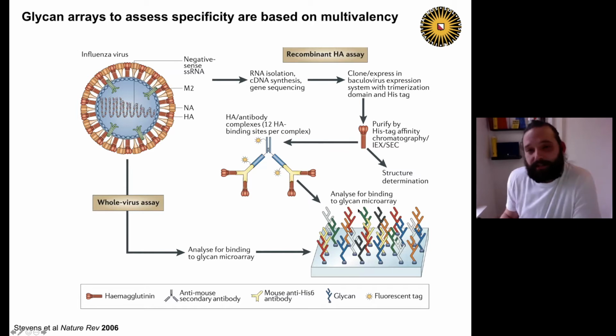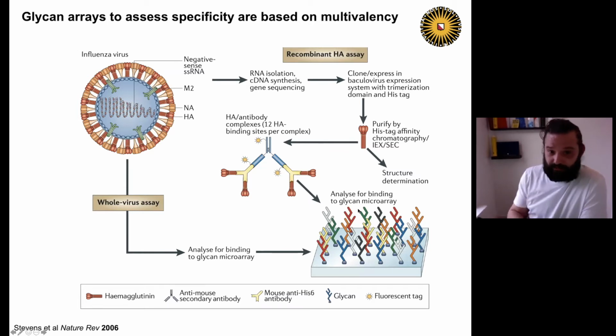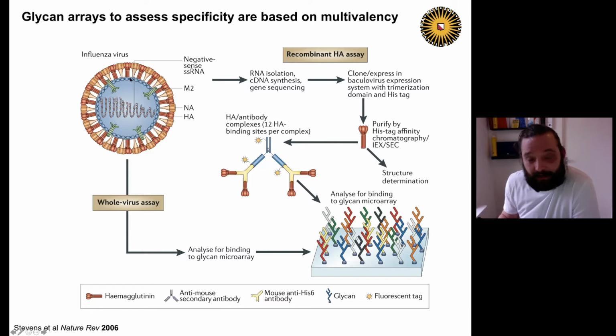And you have a couple of ways to assess these glycan arrays. But again, all these approaches are based on multivalency. So you can immediately take the virus and add it on the array and detect it with serum or antibodies. But most of these viruses are BSL-2 or up, and the glycan array printer and reader are mostly not in an ML2 facility. So what we and others like to do is express these trimeric hemagglutinins, and before we can interrogate an array, we have to make them multivalent.